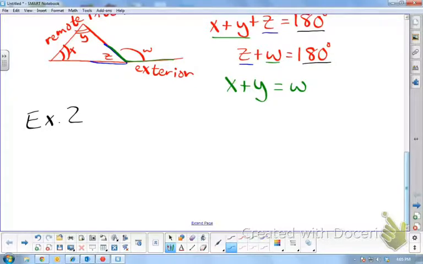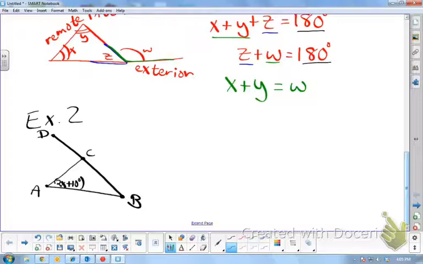So let's say we have a setup like this. Gotta give everything on our triangle a name. Let's do A, B, C, D. And they give us some information. Let's say we know this is 2x plus 10 degrees. And we know that this is 2x